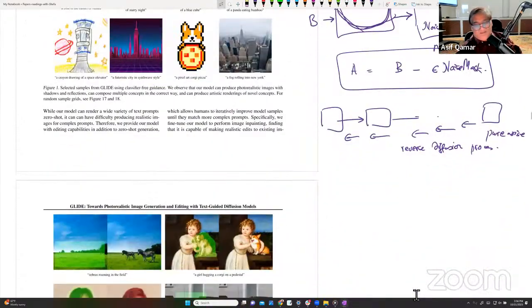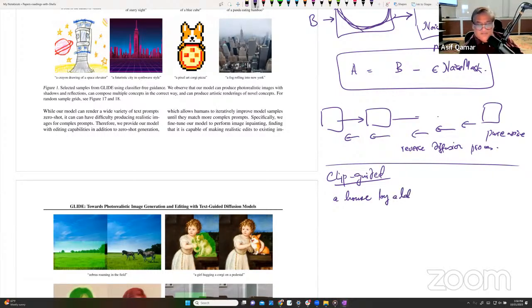So the other way you could do it is, there are two approaches. Approach number one, CLIP guided. What is CLIP guided? What you do is, you have this text, right? A house by a lake in